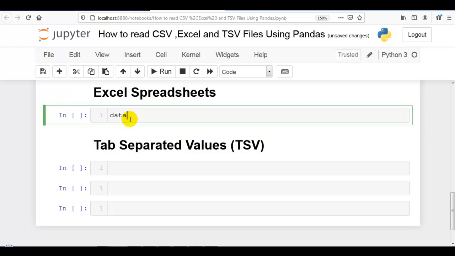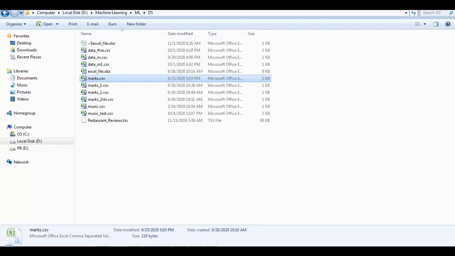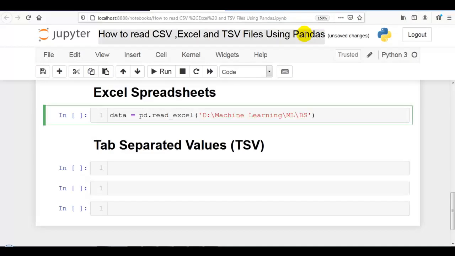Now let me read an MS Excel file in our Jupyter environment. So data equals pd.read_excel, which we have to use to read the MS Excel file in our Jupyter environment. Again, this particular file is available at this particular path in my case. Let me copy this path with Ctrl C and paste it over here.